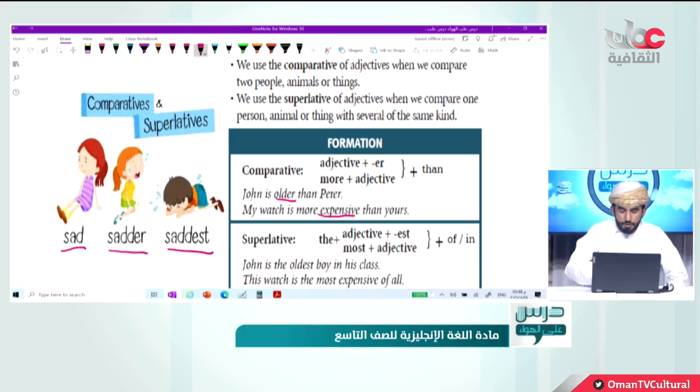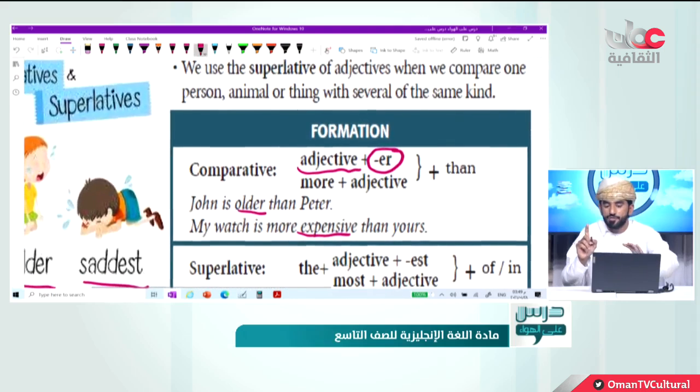For example, if you go to the first sentence, the form first, you've got adjective, and then you have to add ER when you compare two things. You have to have the adjective and then ER. And then it must, listen, it must be followed by than. This one is vital, mandatory. You have to put it there, right?